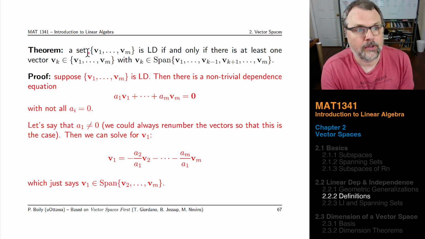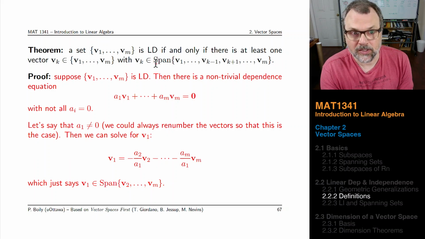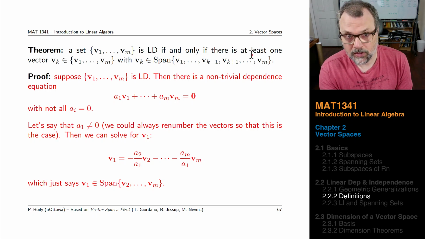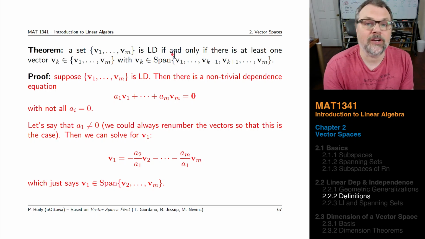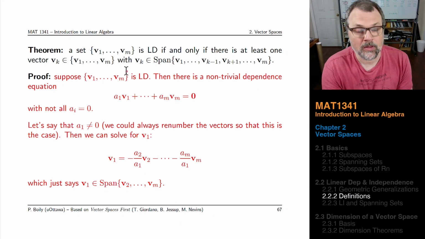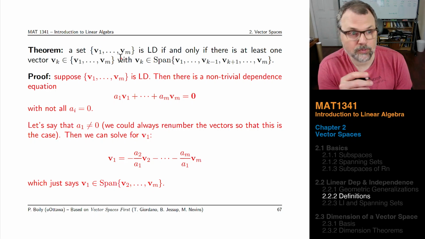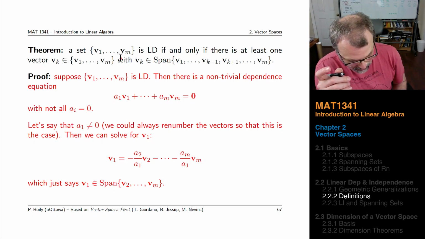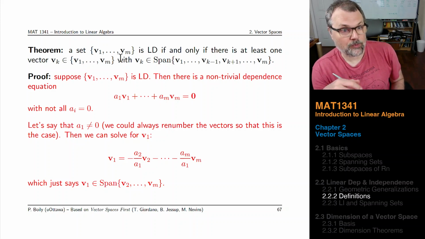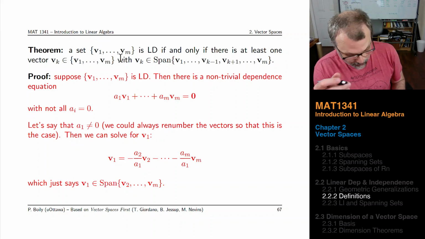If this set is linearly dependent, then there's at least one vector vk in the set, which you can write as being in the span of the other vectors. And then there's the other direction. If there is at least one vector in the set with that vector in the span of the other vectors, then the full set is linearly dependent. 2 things to prove. We're going to start by proving the first statement, where we suppose that first bit is